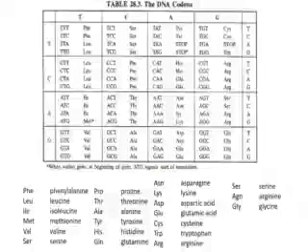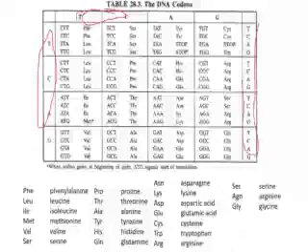Now, this is the triplet codes table which can be found in DNA. You have this table in your module, except that it is blank. I purposely let it be like that because I want you to construct your own triplet codes table. So this is the first base here. You know that triplet codes, or genetic code, consist of 3 bases, right? So the first, second, and third base.